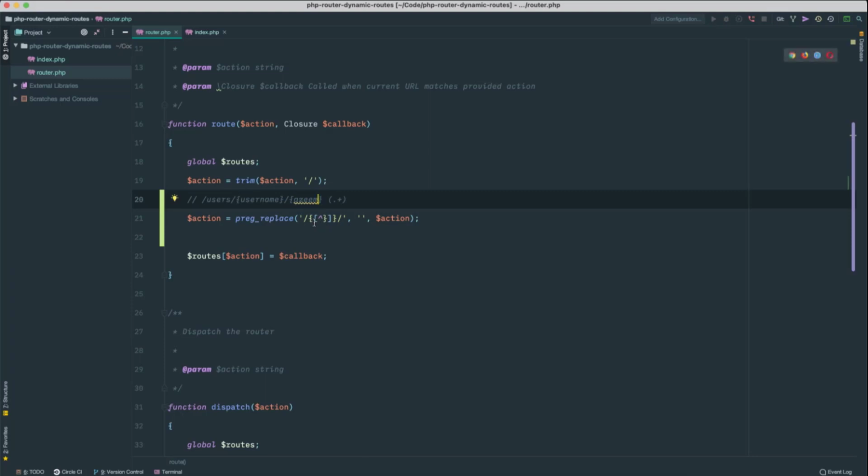So this will allow us to do something like this. If we don't do this, and instead we just add something like this, it will match this entire thing. So we need to make sure that it just matches anything that's in between, and does not go beyond the closing curly bracket. Okay, so we're going to replace that with whatever we had in our index.php. All right, I think that should do it.